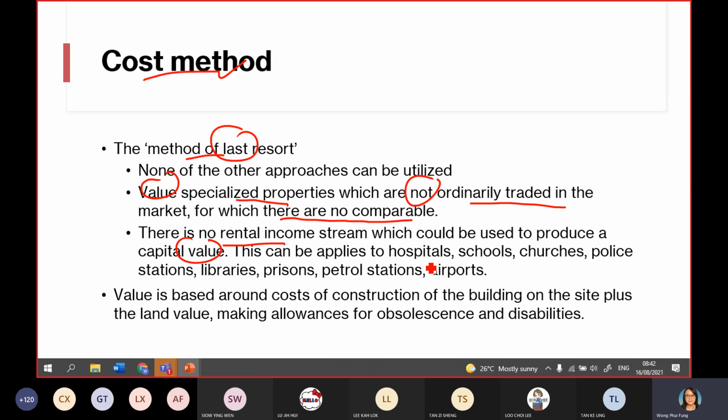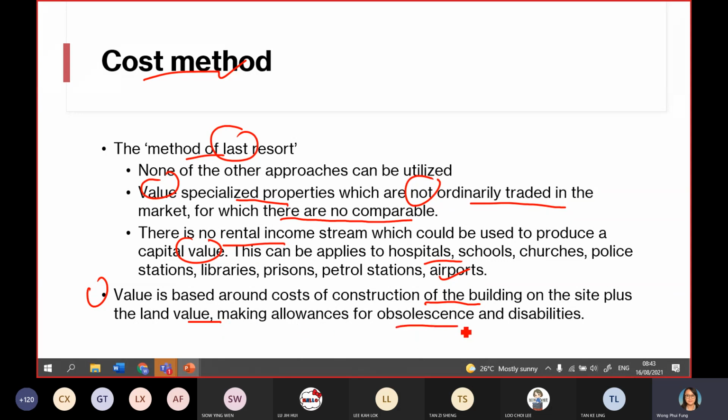So for example, hospital, school, church, police station, library, all these properties are not rented out, just like residential or commercial property. So that's why they are not doing any business, no rental, no capital value. That's why you cannot use the comparison method. So the value is based around the cost of construction of the building on the site plus the land value,